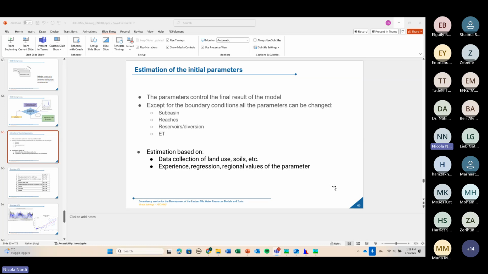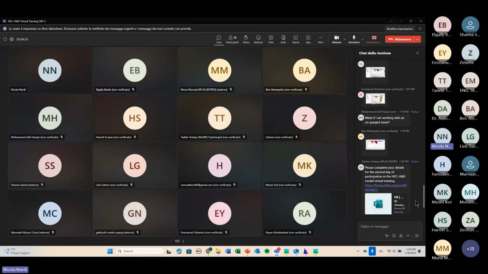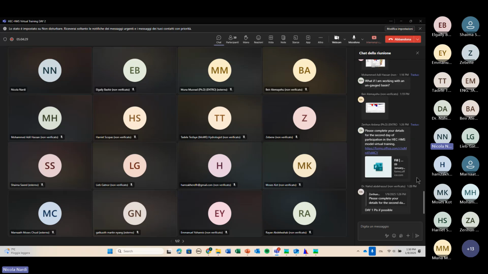That is not usually something that is commonly done, at least in some areas, but it is essential in that case to collect data that can then be used for the validation of the model. But generally speaking, if you are in this situation, Mohammed, unfortunately, you cannot validate the model. I hope I was able to help you, but